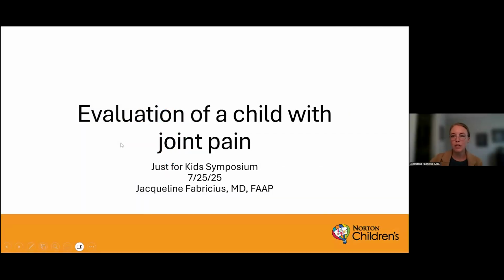So today I'm going to be talking about the evaluation of a child with joint pain. Musculoskeletal pain is very common in children and adolescents, and up to 30% of children are going to present to care at some point with musculoskeletal pain. So it's very important to have a framework for evaluating these children, not only in primary care and the emergency department, but also in specialty care where conditions like inflammatory bowel disease or migraines may present with musculoskeletal pain as